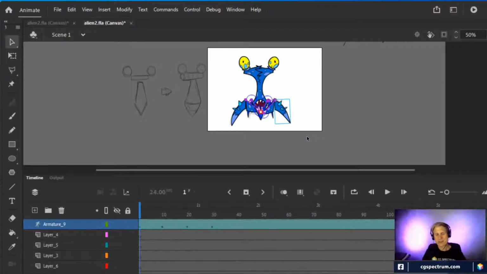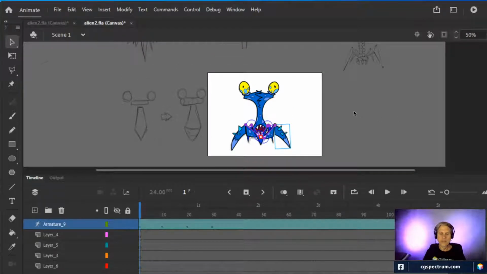You just have to think about this stuff and how you want to set it up and what you want to do with it, what it is intended to do in advance, and then you know how to set the thing up so that it will do what you want. But for this one, obviously, it was all about the crab claws, which again, now that I finally figured it out, you animate by grabbing the handles and moving it that way.